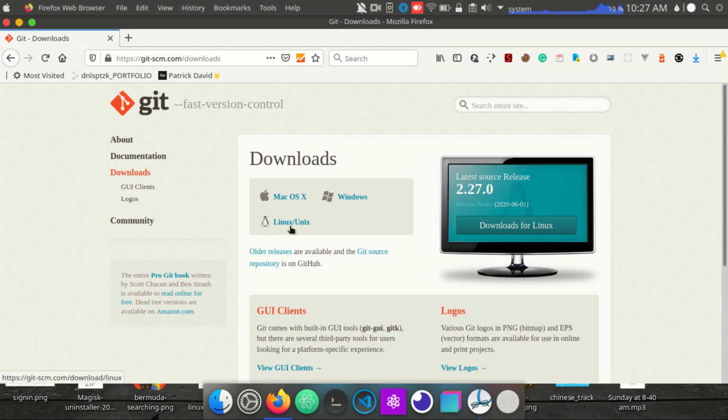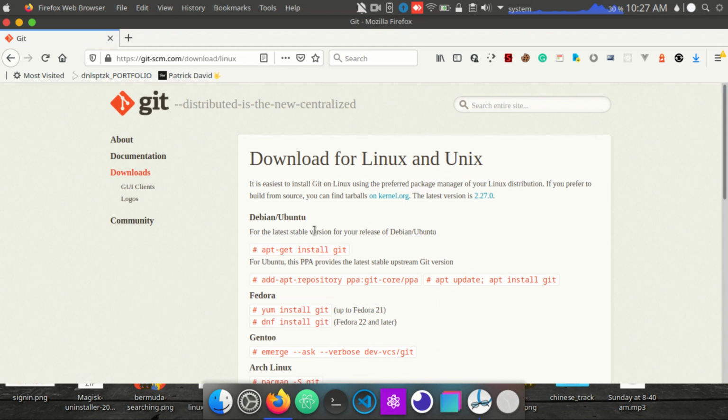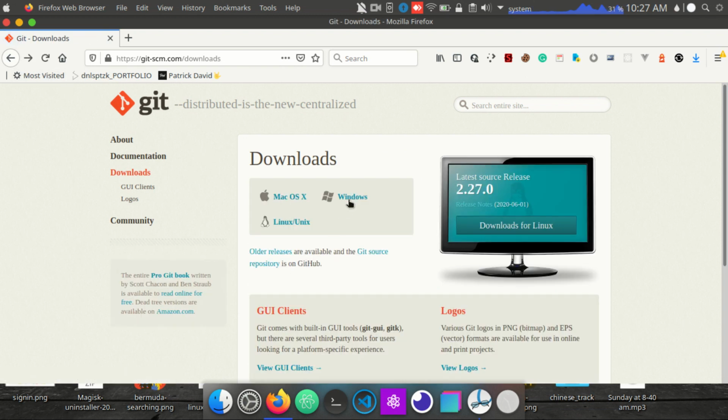Let me download it for Linux, as I'm on Linux. I'll just type these commands. You can see your distro, and if you're on Windows you'll get an .exe file. Just run it, and we are pretty much good to go.